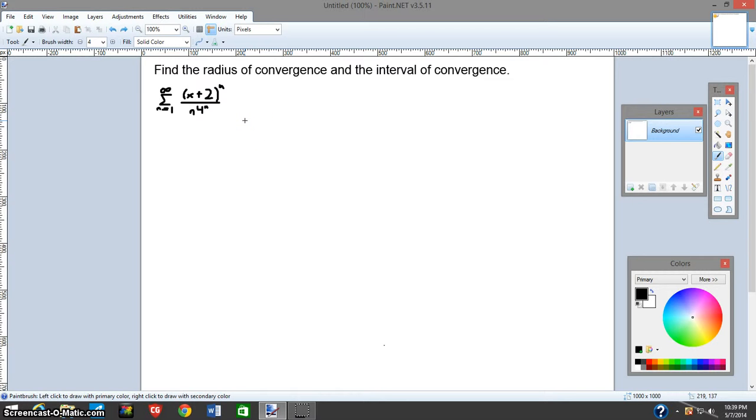The first thing you can tell is that the center of convergence is pretty much -2, according to the top. Now, to find the radius of convergence, we are going to set this up like a ratio test,